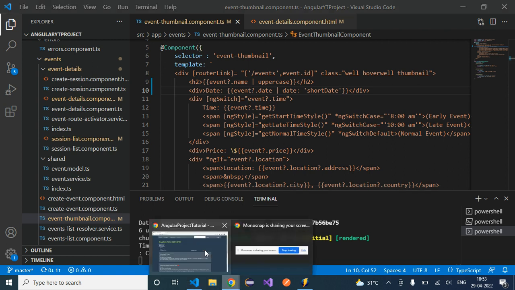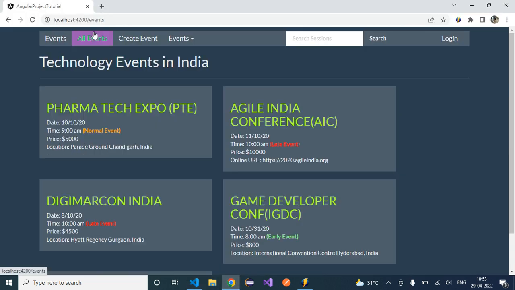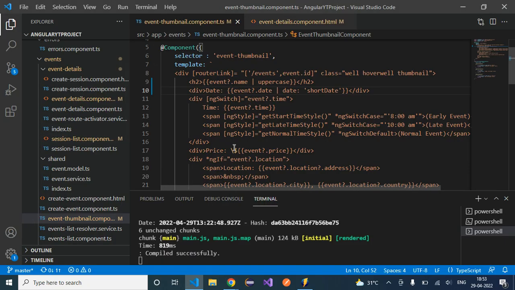Here you can see in the application, on the all events page, the dollar is getting displayed, but this dollar is not in a proper format. Why? Because we are not using Angular pipes in this case. We have just used backslash dollar prefixed to the price in order to display the price in that particular currency. So instead of doing this, we can get rid of it and apply an Angular pipe here,